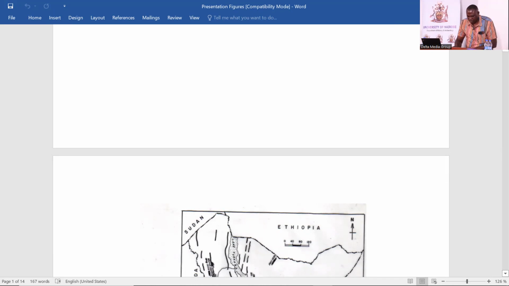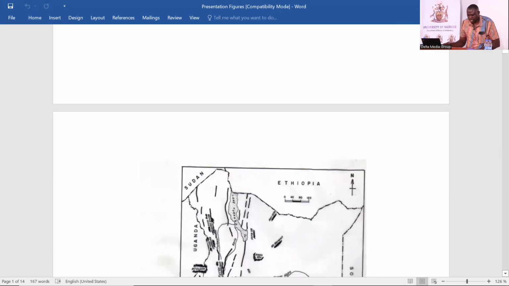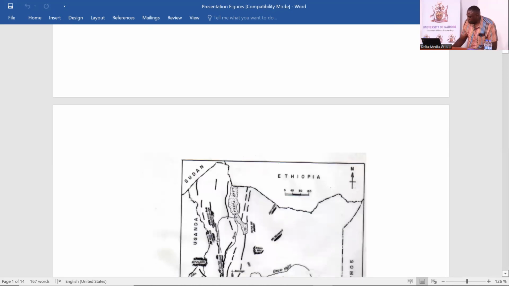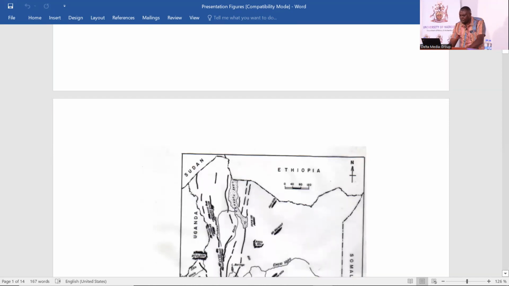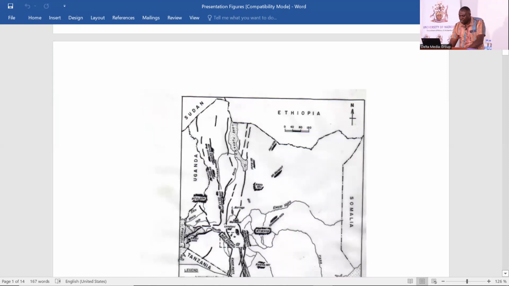I'm sorry, I'm taking your time, but there's a figure I would like to put forward so that it is able to be reflected well. Maybe I can use this. I'll guide you to where that figure is. So before we go to that figure, I think that's the next one. I would like to say that